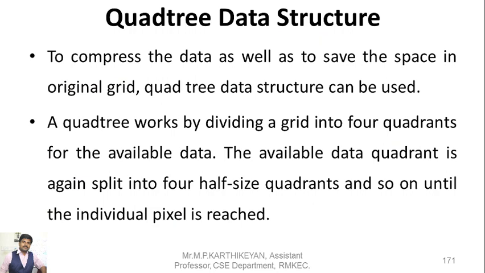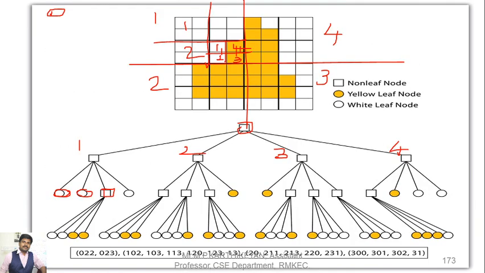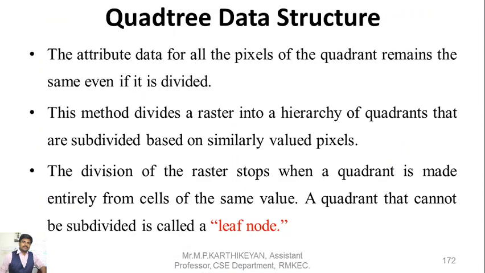And the quad tree data structure is similar to a data structure. This quad tree we will see in the next class, not to worry. I'll just tell you what is what. We will be dividing the entire component into 4 quadrants. If it is an 8 cross 8 matrix or 8 cross 8 cells, 4 cross 4, we will be dividing it into 4 segments: the first segment, second segment, third segment, and fourth segment in a U shape, in a U direction. This we will see in the next class.